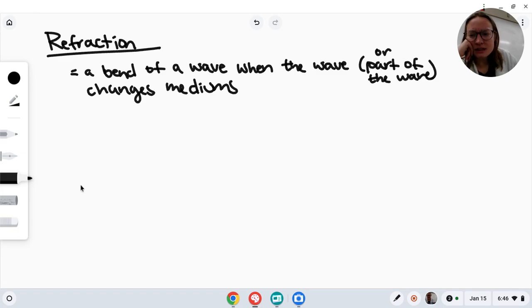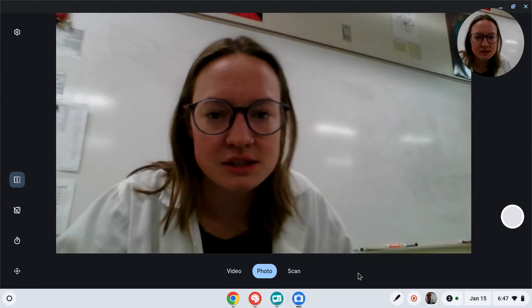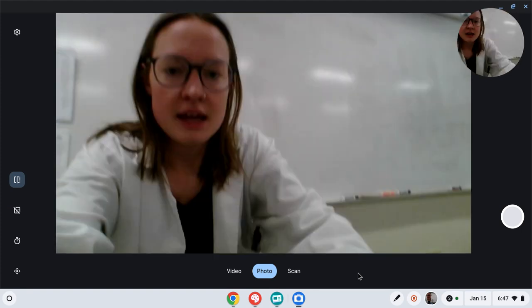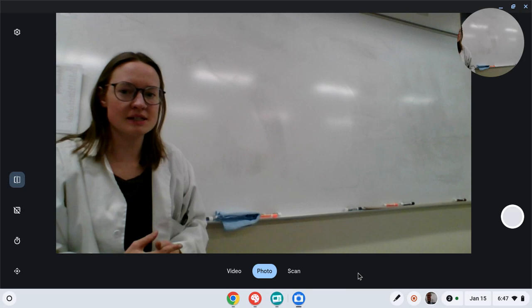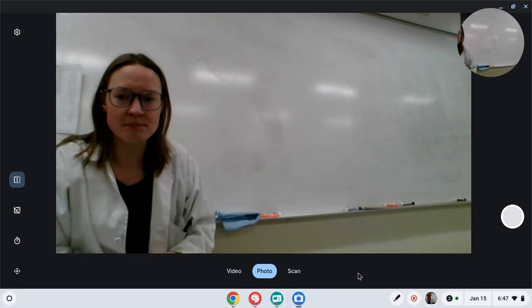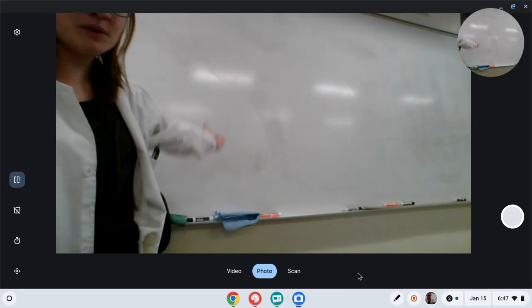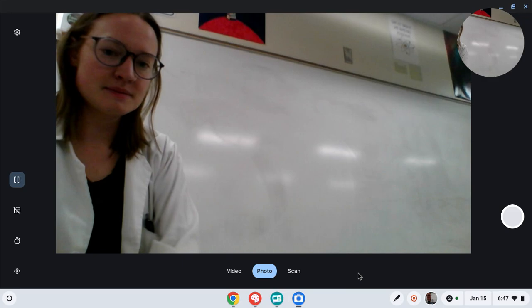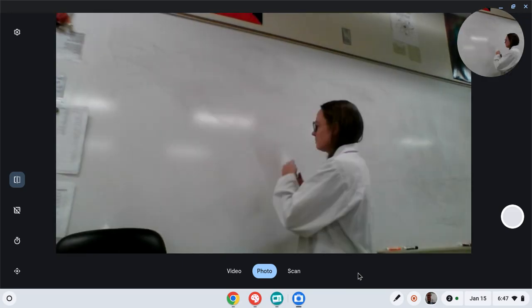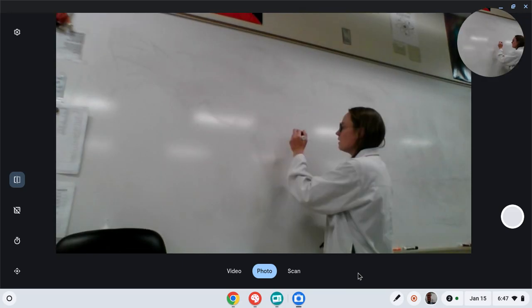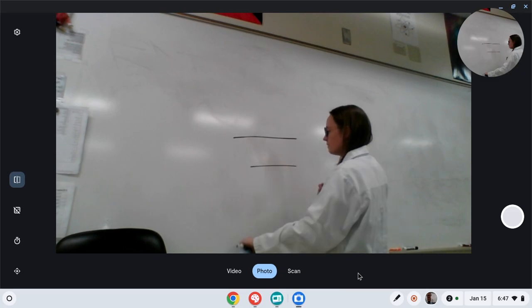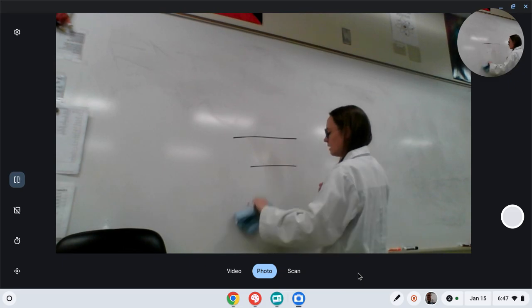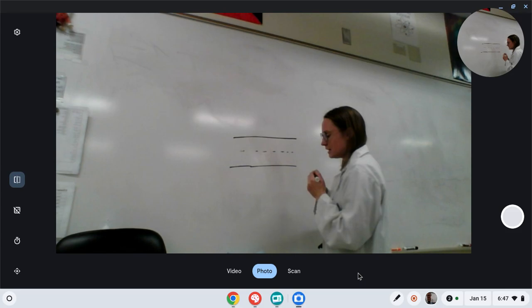The best illustration I've ever heard of this is the illustration of a car driving down a road. So I'm going to show you this illustration that I saw one time that just made refraction make so much sense. Here's the idea. Suppose, yes, I'm going to use a real whiteboard now, okay? Don't freak out. This is a real life whiteboard, okay? Suppose that you had a road like this. Okay, I feel good about this road. Let's say that you had a road like this.